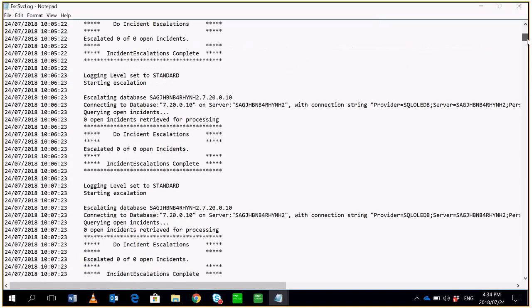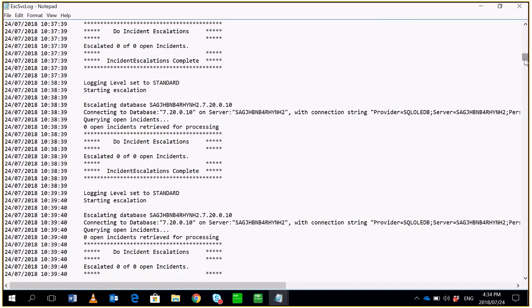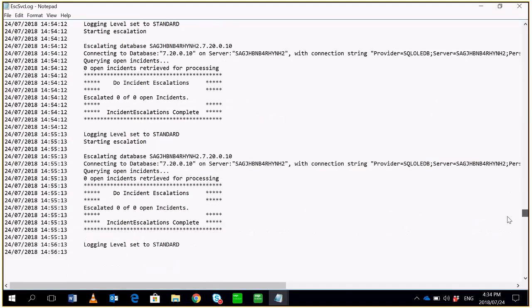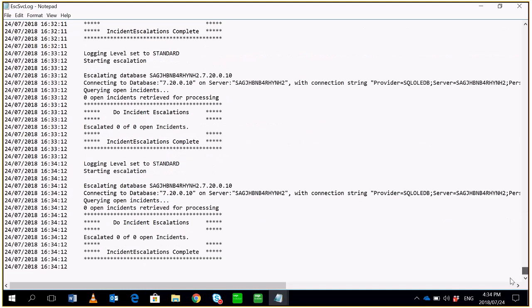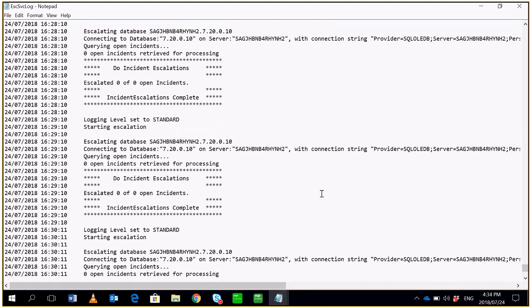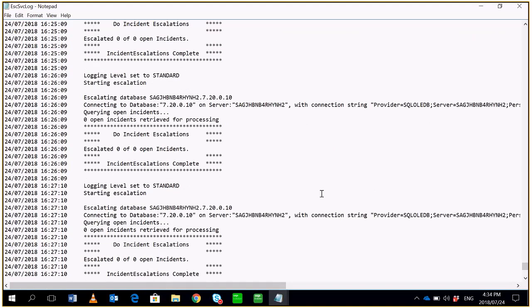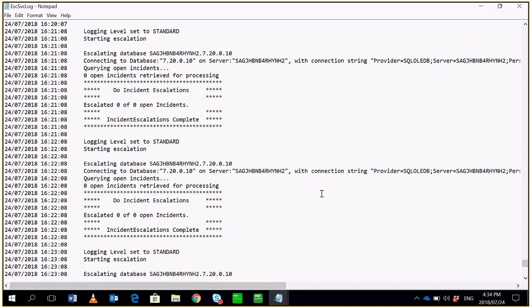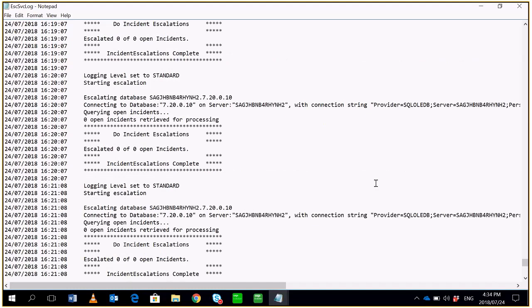So if you have errors or you want to see if your services are running as expected and how many incidents were escalated, you'd have to come here and view your log. So this log will give us more information as we do our escalations. So I'm going to close this for now,